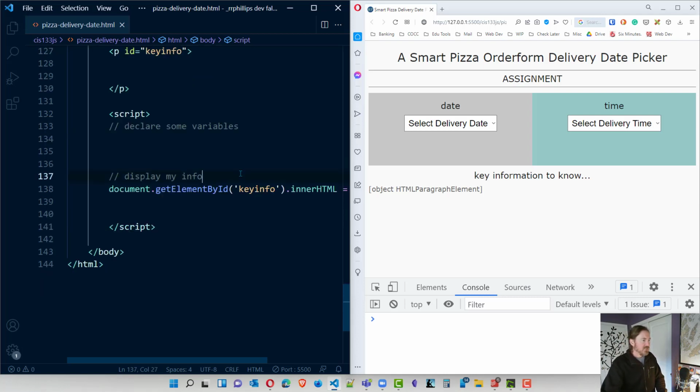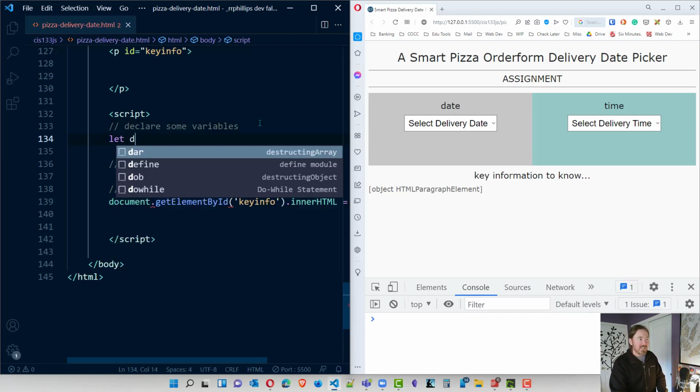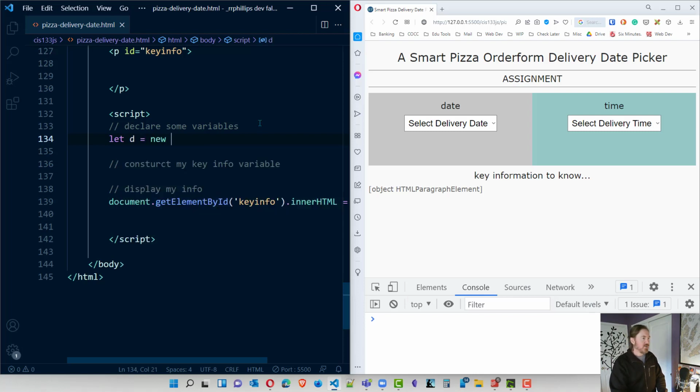Actually, I will do another section here too, because I will also construct my key info variable. I'll do that there. Okay, but first I'm going to declare some variables. And let's start off really simple. Let d for date equal our new